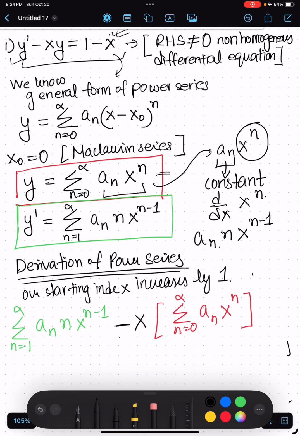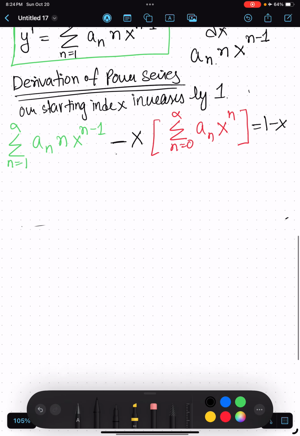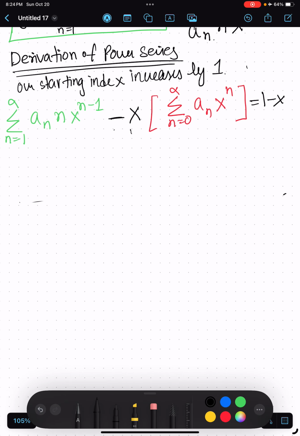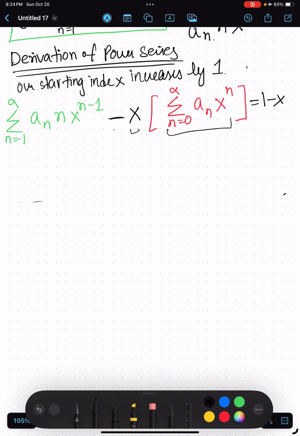Then I have equals 1 minus x. Okay, so now I have my x on the outside, and I want to be able to distribute that in this series. So let's go ahead and do that. So I have my summation n equal to 1 to infinity a sub n times n x to the power n minus 1